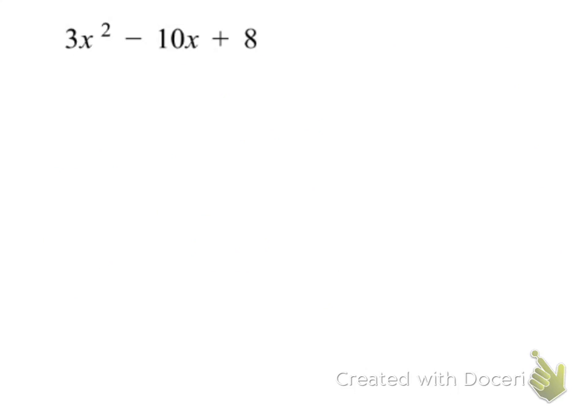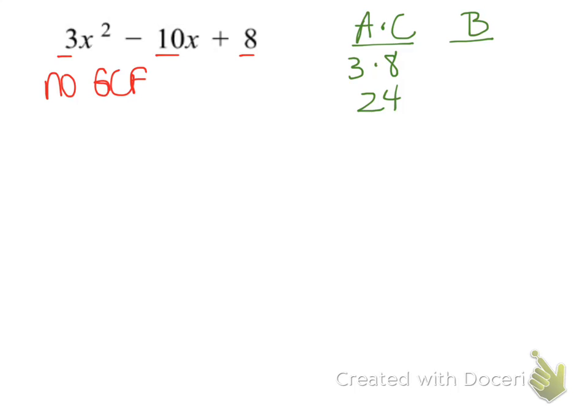So let's take a look at a few more. 3x squared minus 10x plus 8. Well, first of all, when we look at 3, 10, and 8, there is no GCF. So we're going to jump right to a times c. My a is 3 and my c is 8, so my a times c is 24, and my b